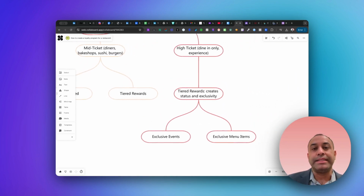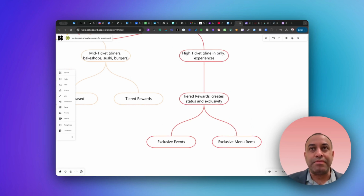And then finally, for the high ticket, it almost has to be a tiered rewards program. And the reason I say that is because usually on the higher ticket side, it's about an ambiance, it's about an experience, it's about status. And so tiered rewards naturally infuse that, right? If you've got someone who can accrue,